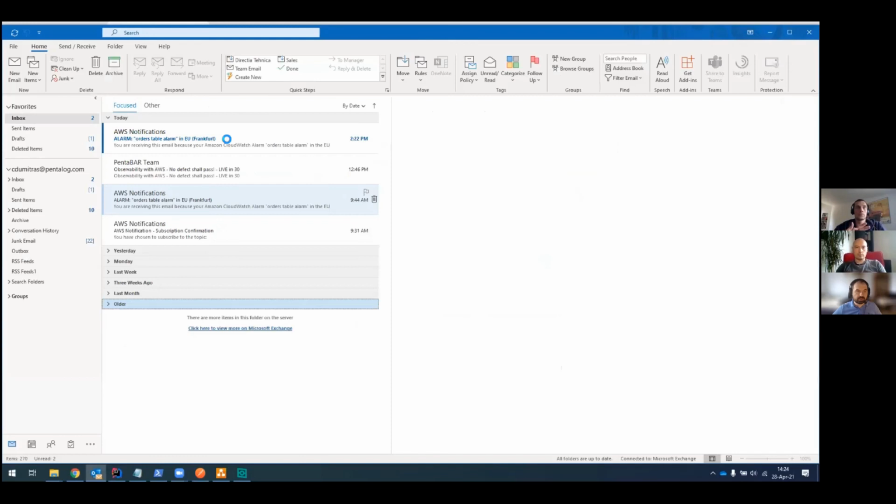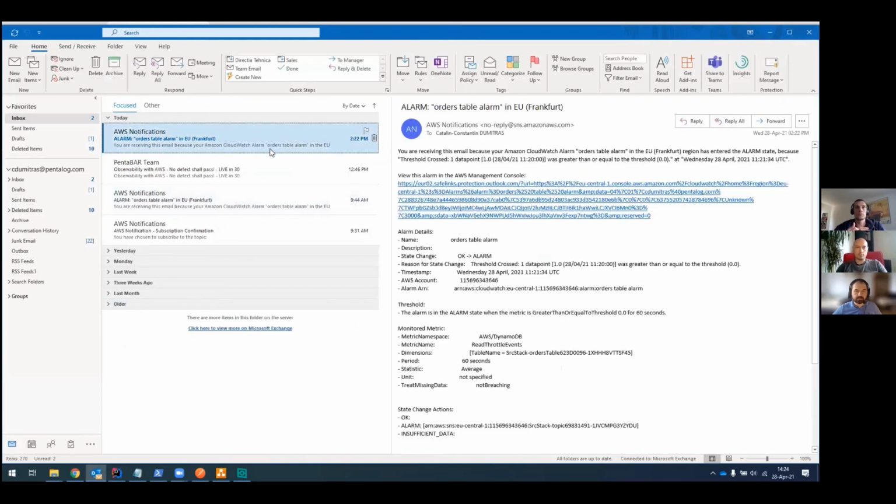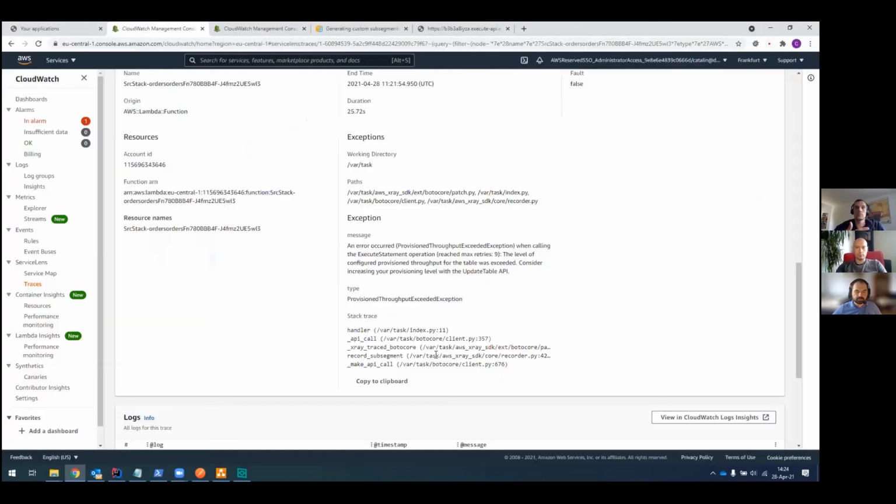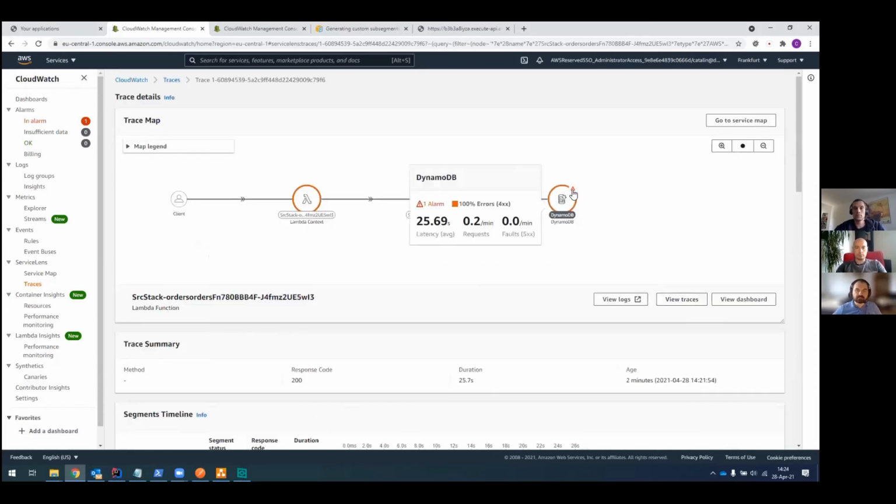And if we take a look at my wonderful inbox, we can see that a couple of minutes ago, we actually received an email that says there's a problem. There's an alarm going off. There's throttle events in your database. Go fix it. Obviously, this is a great thing because it shows me that I have alerts. It's not just a simple problem. I also have alarms going off for DynamoDB. So I know it's serious and I know exactly where to look.